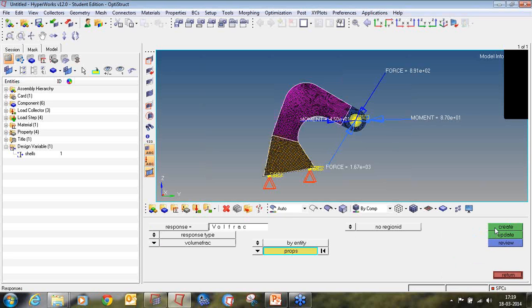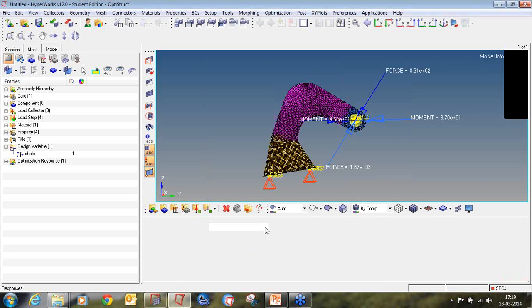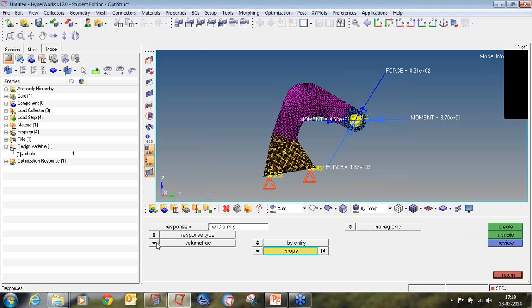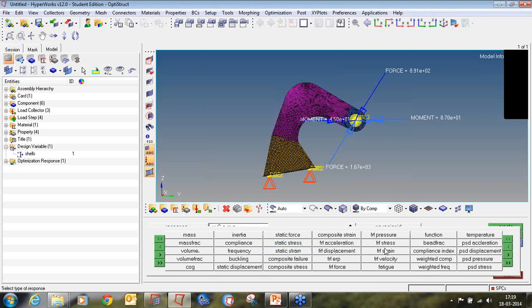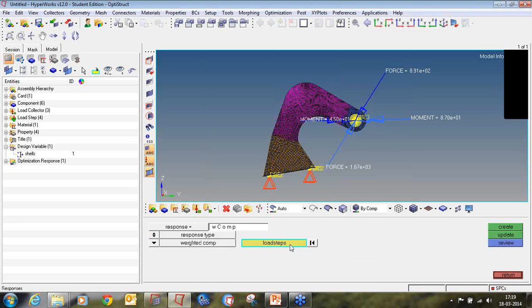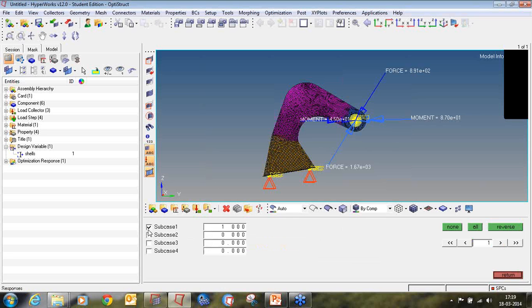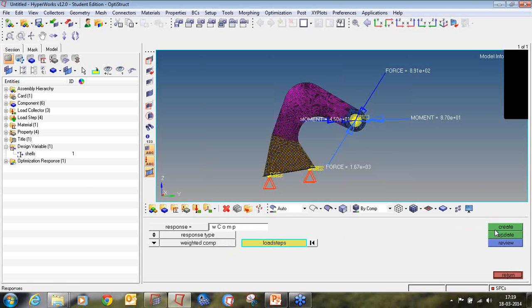Click create. Then my next response will be weighted compliances. The response type will be weighted compliances. I will select all the load cases and click create. So I have defined two responses. One is volume fraction, the other one is weighted compliances.